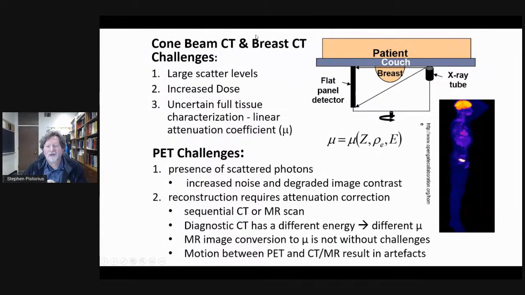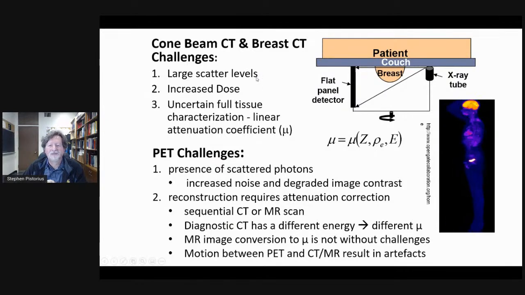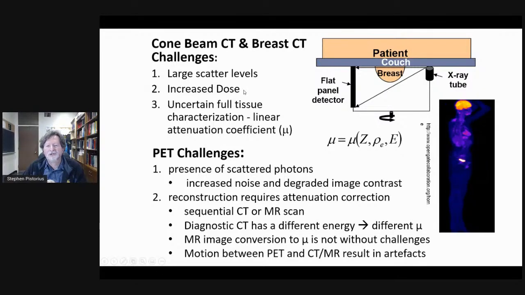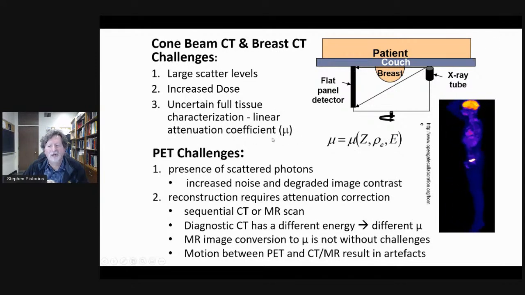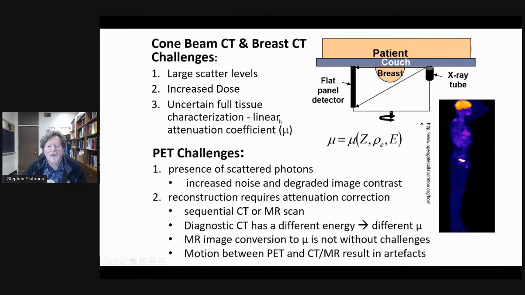The challenges that we see both in CT and in breast CT are the fact that we have potentially large scatter levels. These scattered photons lead to an increased dose to our patient. And the other challenge we have with CT in general is that we can't really characterize the tissue completely, because what we're measuring in CT is what's called the linear attenuation coefficient, which is a measure of the probability of an interaction in a particular tissue. But this interaction is a function of the atomic number and the electron density, as well as the energy of the incoming photons. And so it's difficult to extract this on its own from